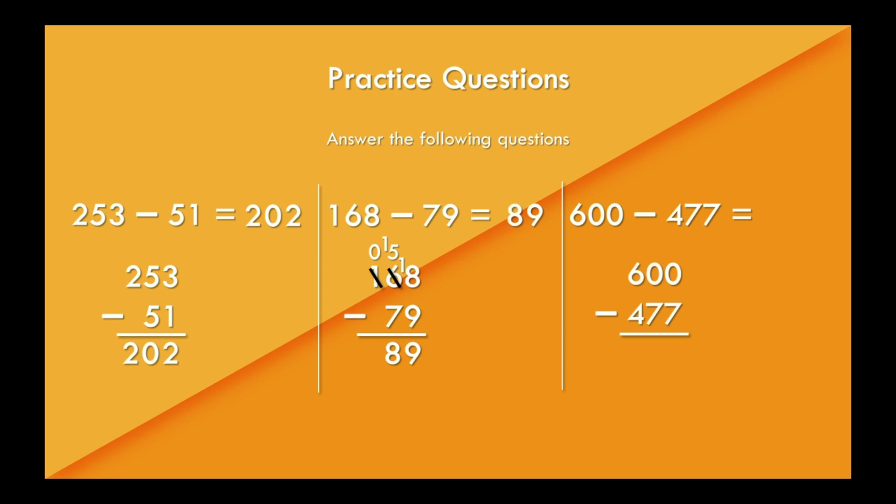The last question doesn't allow us to borrow from the next number. So, first the tens column 0 must borrow from the 6, making it 10 so that the ones column 0 can borrow. Leaving it as 9, we can continue. 10 minus 7 gives us 3. In the next column, we subtract to get 2, and in the final column, we get 1, giving us a final answer of 123. Mastering these fundamentals is essential if you plan on doing well in the exams, so practice